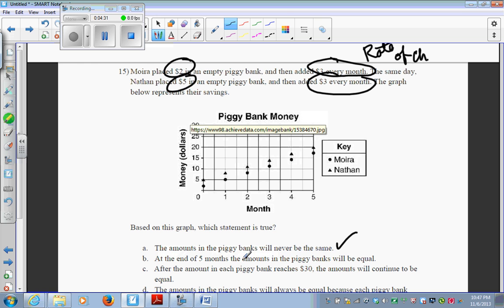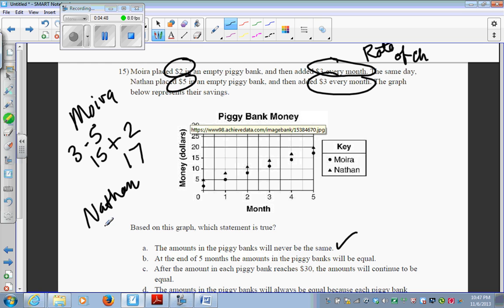At the end of 5 months, the amounts in the piggy bank will be the same. Well, let's see. So Moira, at the end of 5 months, if she's putting in $3 every month, 3 times 5 is 15 plus the 2 that she started with. So she'll have $17. Nathan is putting in $3 a month, so that's 3 times 5, which is 15, plus the original $5 that he started with. So at the end of 5 months, he'll have 20. So since he'll have 20 and she'll have 17,